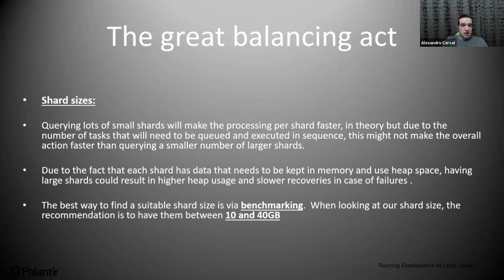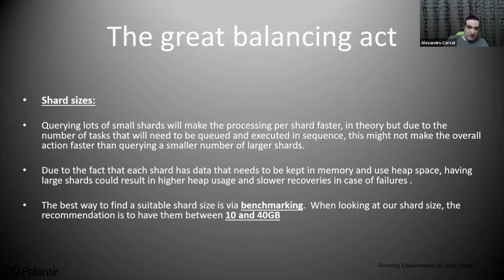Shard sizes. Querying lots of small shards will make the processing per shard faster, but if you are doing more operations and you need to aggregate the responses, you don't really know if it's going to be better than having bigger shards.